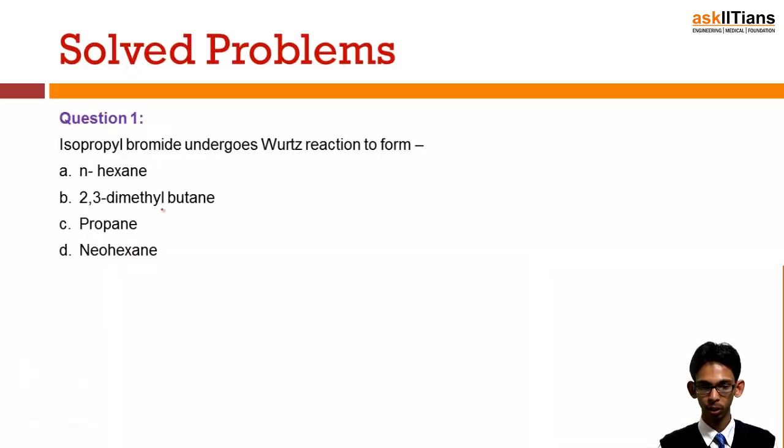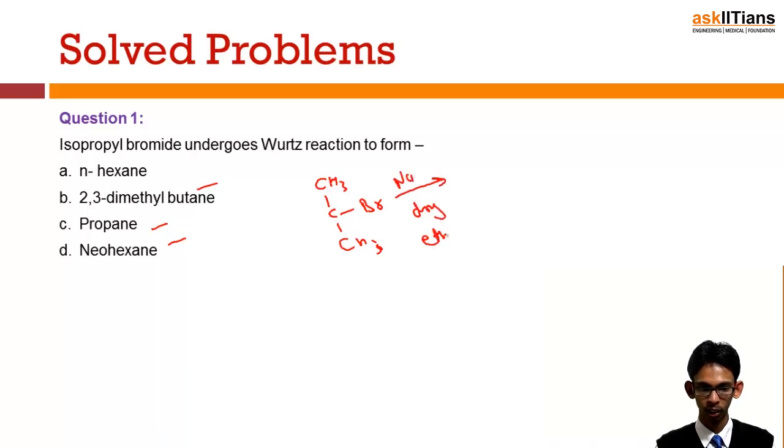Isopropyl bromide undergoes Wurtz reaction to form hexane, 2,3-dimethylbutane, propane or neohexane. So let's draw the structure of isopropyl bromide. It is something like CH3, CH, CH3, Br. When this compound is reacted with sodium in the presence of dry ether, this will result in